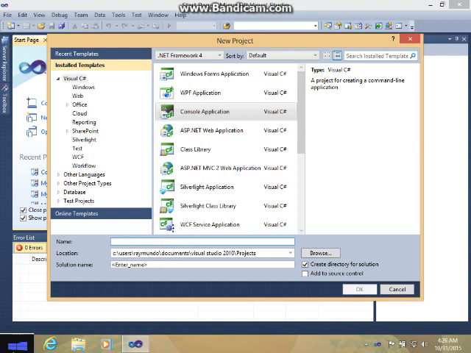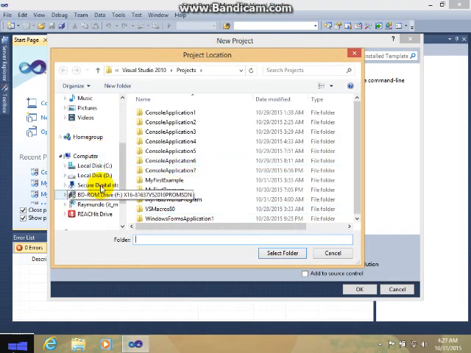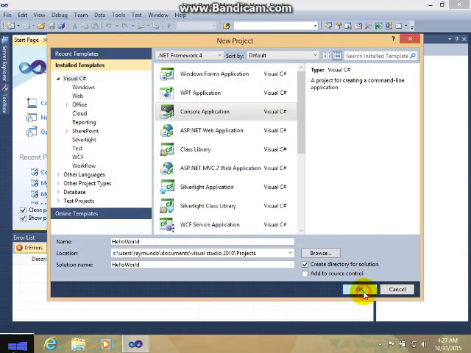In my case, I will rename it HelloWorld. No spaces, and make sure the first letter of the second word is uppercase. If you want to store it in your own folder, feel free to find it, but for me, I will just leave it default. I will just click OK.